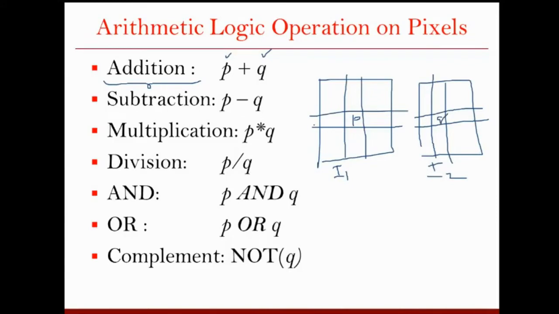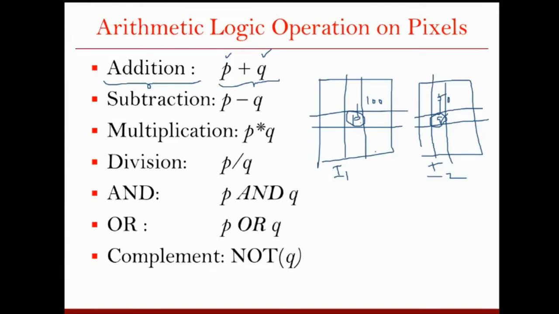When you say that you are adding P and Q, this basically means whatever value you have for P here and whatever value you have for Q here, you just add them. So let's say P was 100 and Q was 50, and when you add them, you will get the result 150, just because you are doing P plus Q. Similarly, for the subtraction P minus Q, you take the intensity of pixel P, the intensity of pixel Q, and subtract them. In this case you will get 100 minus 50, which is 50.